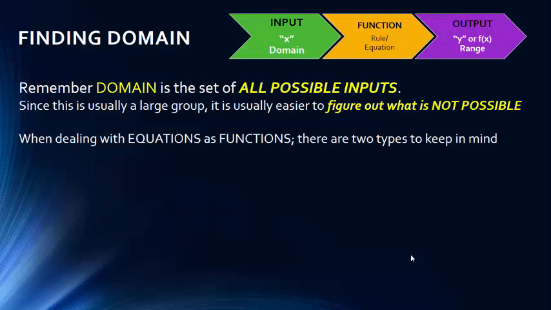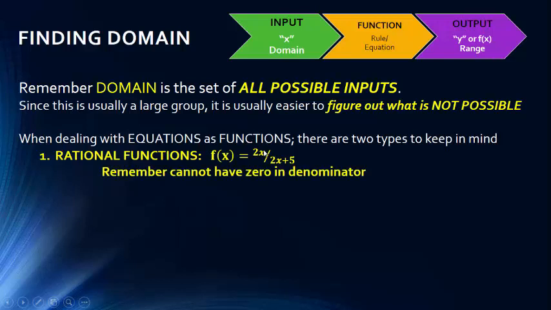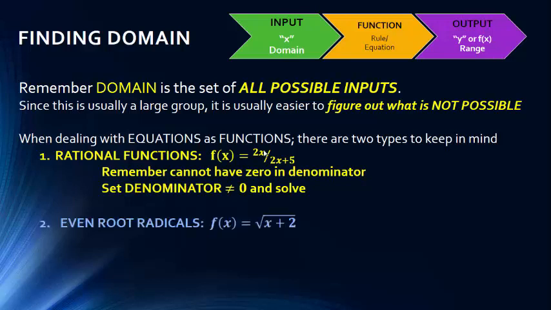When dealing with equations as functions, so when you're looking at a mathematical equation and trying to figure out the domain instead of an example like the Starbucks, there are two types of equations to keep in mind. The first one is rational functions. And remember, rational functions are ratios, which is a fraction, a function over a function. And remember, with fractions, you cannot have a 0 in the denominator. So the way you figure out what's not possible is you set the denominator not equal to 0 and solve. Okay? So in this case,